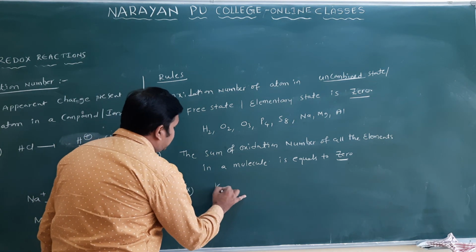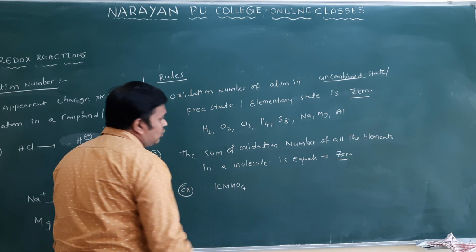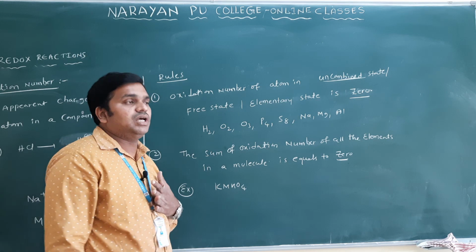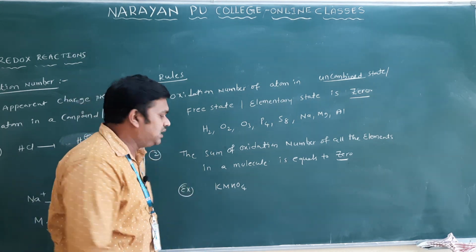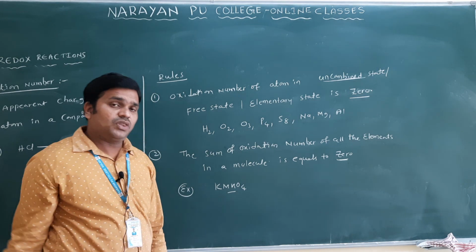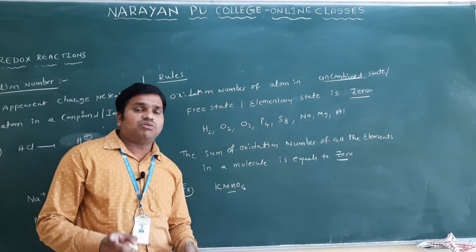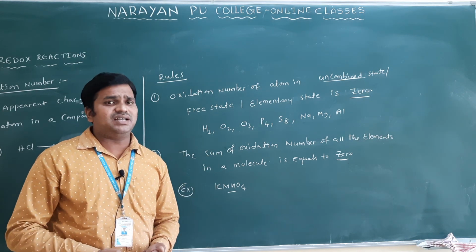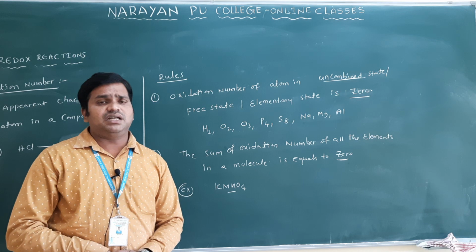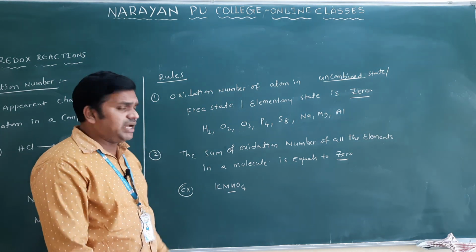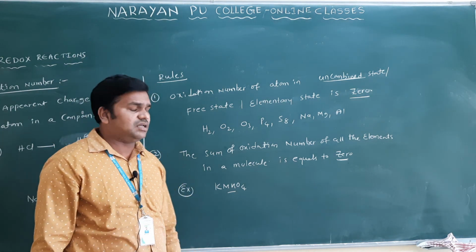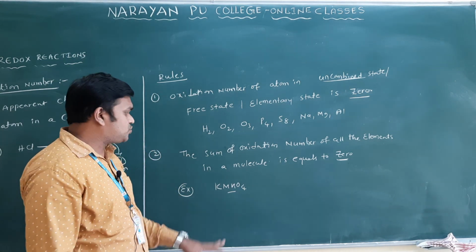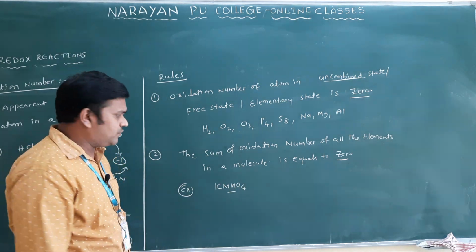I will take the example of potassium permanganate only. KMnO4 you are calling as potassium permanganate. I want to find out the oxidation number of manganese. I want to underline this element only. So what is the oxidation number? You have to find out, that we can take in the form of X. If an unknown value is to be found, we can consider it in the form of what? X. In the same manner, I want to find out the oxidation number of Mn in KMnO4 only.